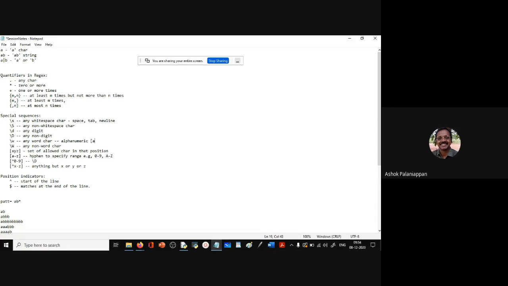That is basically A to Z, capital A to Z, and 0 to 9. So this is basically a shorthand for this entire set. Any non-word character, that is non-alphanumeric, is just backslash capital W. So this is all the special characters, space, all these different things.